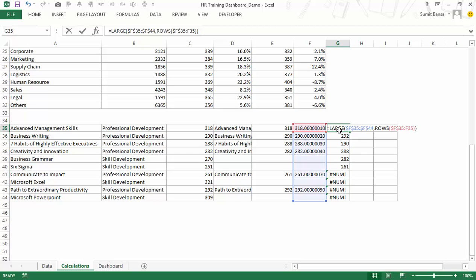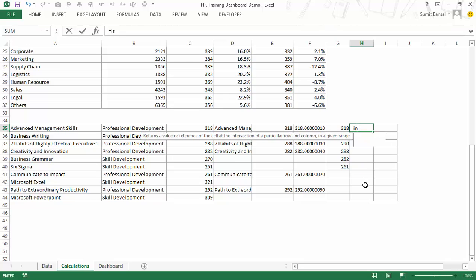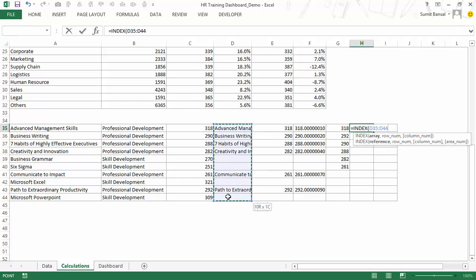And I don't want these errors, so I would wrap this between if error. And now when I double click, it gives me these values. Now what I want to do here is I want to get the name of the training in an ascending order. So to do that, all I need to do is I would use index, and I would use this array. I can use this array as well. I would hit F4, and I would have to match